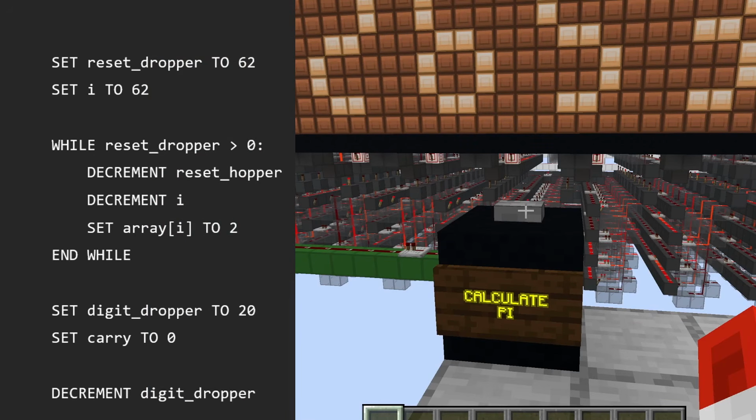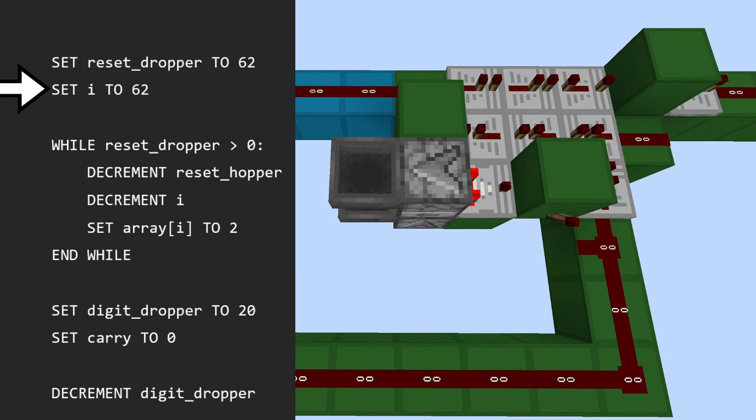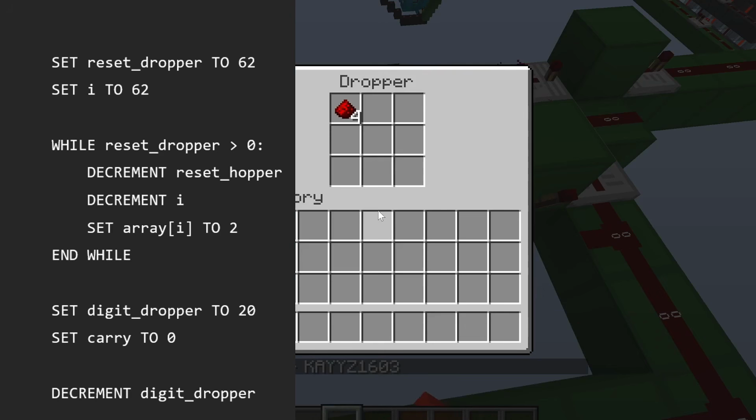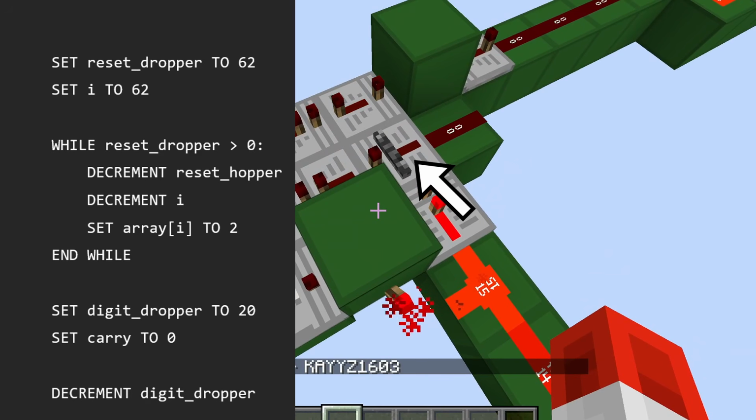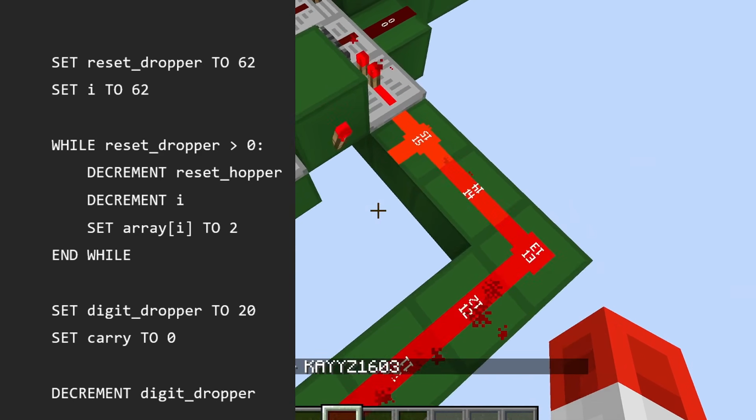In the beginning, when the player presses the button, the reset circuit activates. At first, it resets the index to 62, then sends the number 2 down the common input line of the array, and the redstone clock starts, each cycle decrementing the index until it reaches 0, and every element of the array has been set to 2. At that point, the dropper counter will be empty, stopping the reset circuit and sending a signal to the main